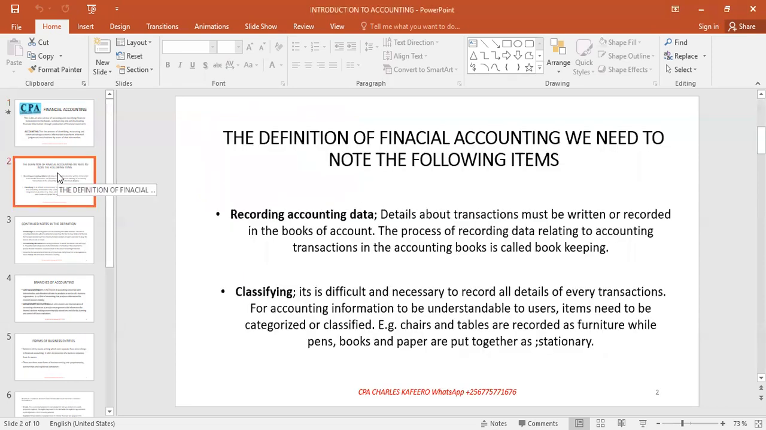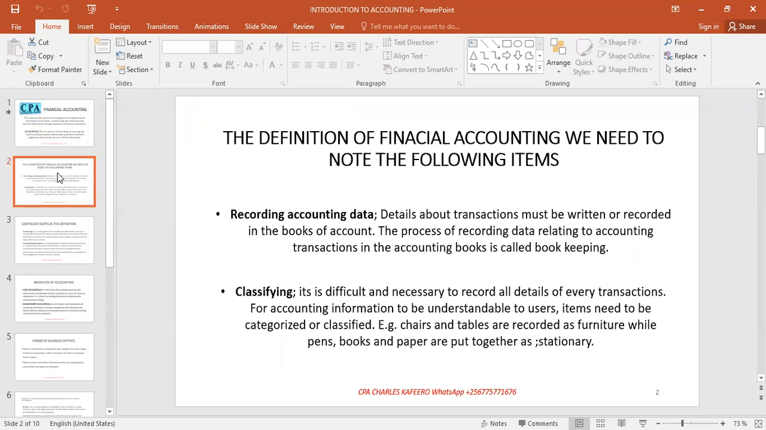Okay, the second thing, allow me to go a bit and clarify some of these items as we spoke about them when we were defining financial accounting. One of the things we said, financial accounting includes recording accounting data. Recording accounting data, here we mean the transactions, the details about transactions we've recorded in the books